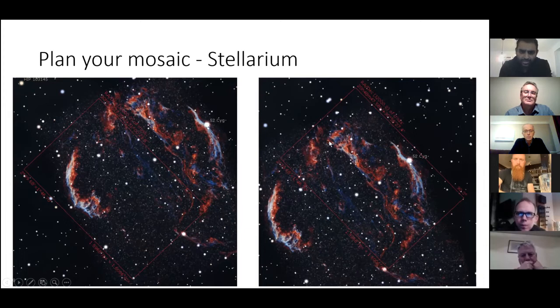I'd read when I was planning this mosaic that you need at least a 10 or 20% overlap between the panels, and I calculated that this overlap was about 25%, so I thought I was probably going to be safe with this. I have read that the more the overlap between the panels, the better, because when it comes to the automated stitching of those panels, there's a bit more for that software to latch onto if you've got more common ground between each panel. This was my provisional plan,